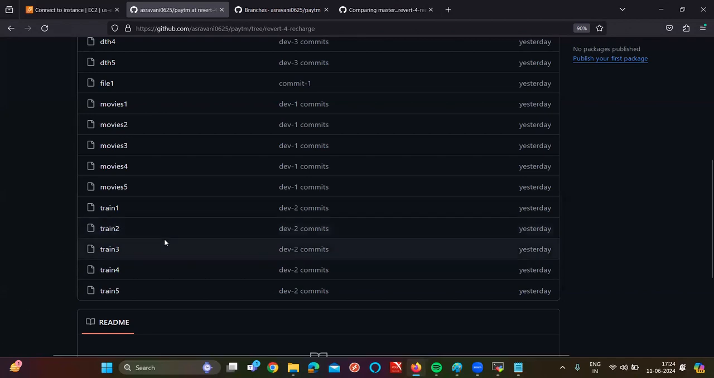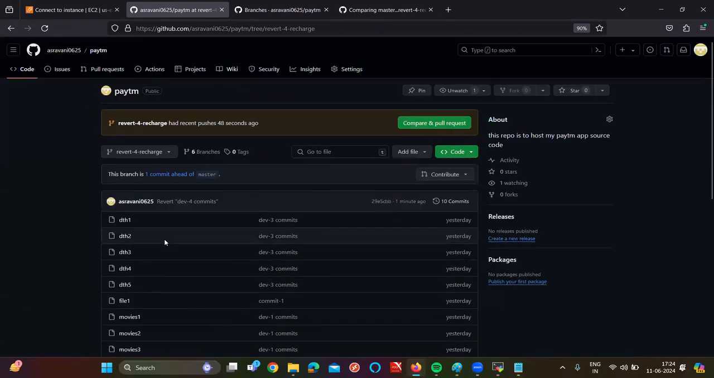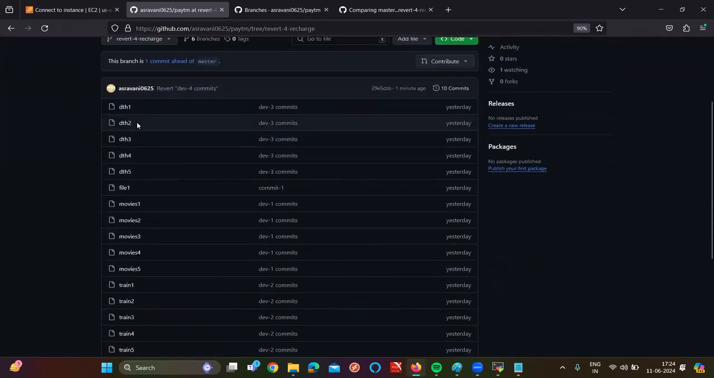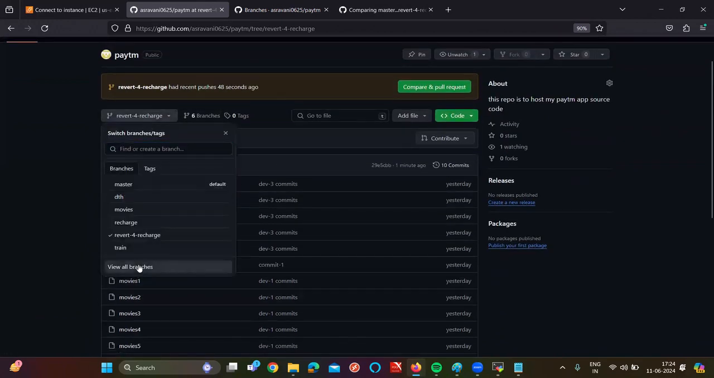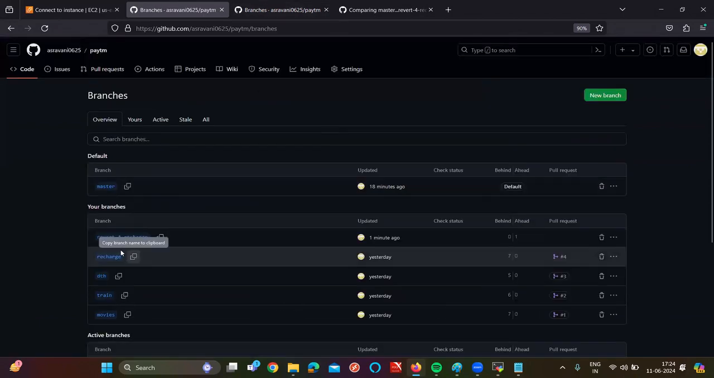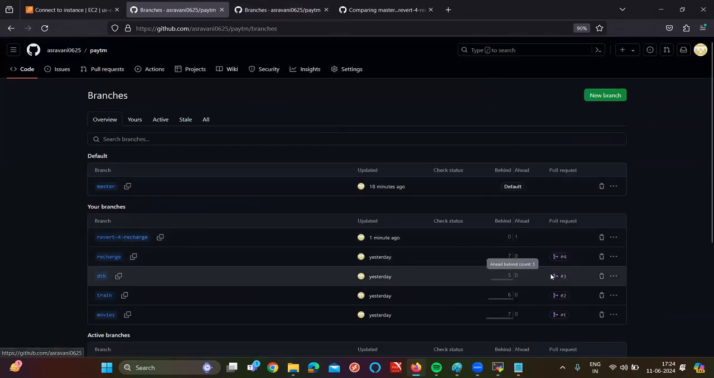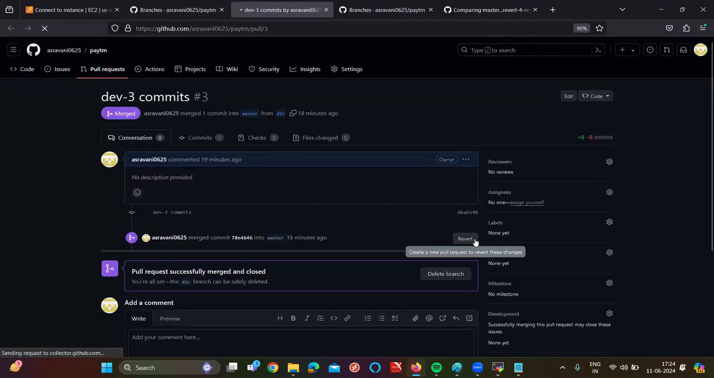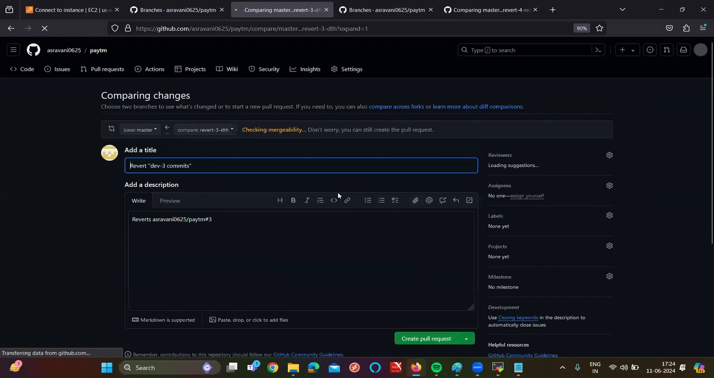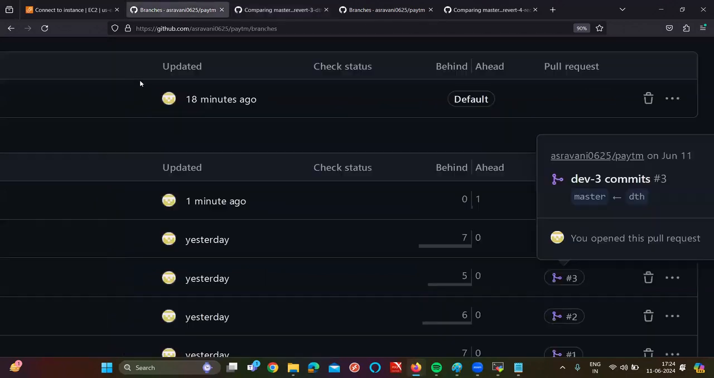Sir, similarly, I want to revert the DTH now. Currently, how many branches do I have? Now, if I click on view all branches again, okay, so here you can go for DTH. In the DTH, are you seeing the pull request here? Click on this pull request. In this pull request, are you seeing revert? Now, if I do revert here, now again, what will happen in the master branch,